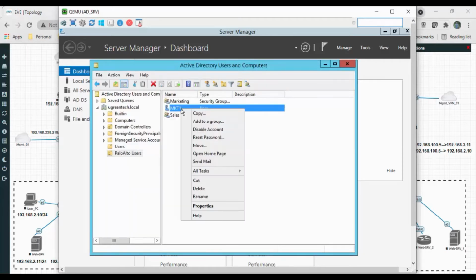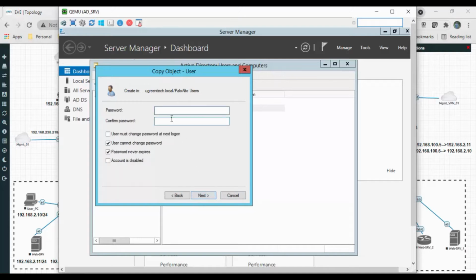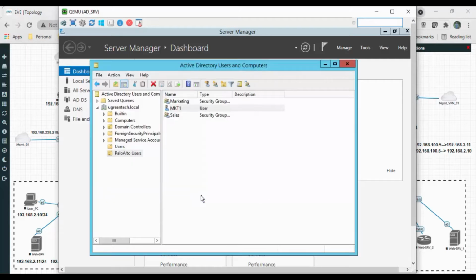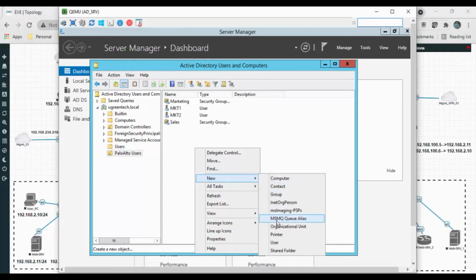So I will copy this one. Similarly I will make it mkt2. Click on next. Similarly I will provide the password admin@1234. Next, finish it.